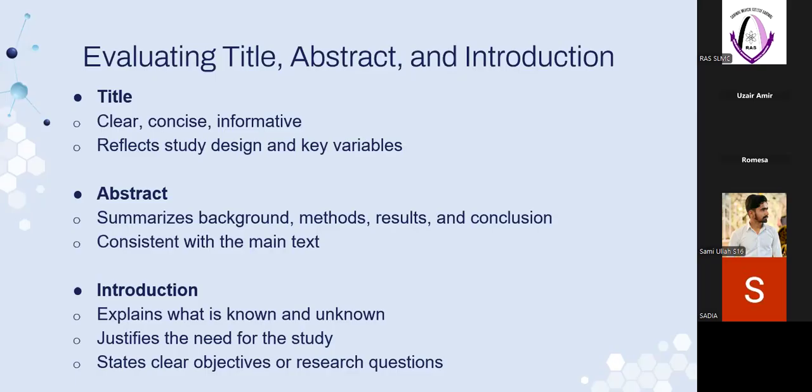Now, the results in the abstract are not actually true. Why? Because 20 to 30 mmHg cannot be a statement for actually curing hypertension. It can help in curing hypertension, but it is not a definitive statement. So you need to understand whether the abstract is consistent with the main text or the main article.